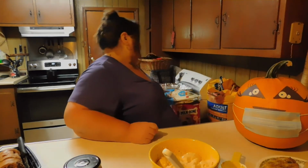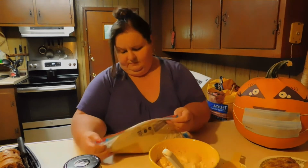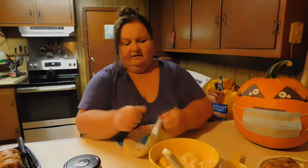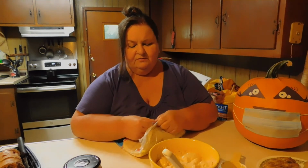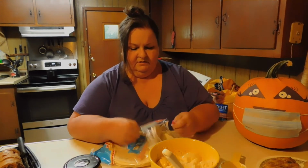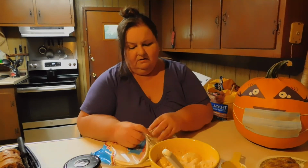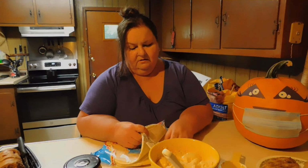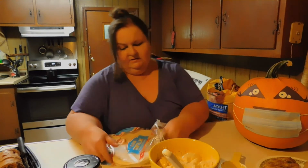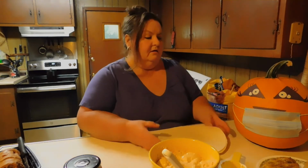Okay, so I'm going to open up one of these. I think you just rip it off, don't you? Because they're resealable, and whatever ones you don't use, you can take it and lay it in the bottom of your freezer. We got 1, 2, 3, 4, 5, and 6. Okay,